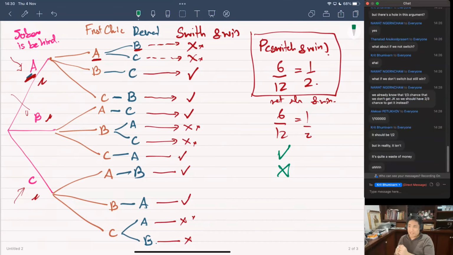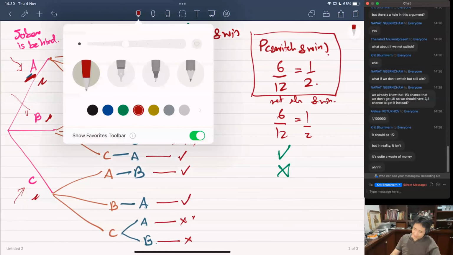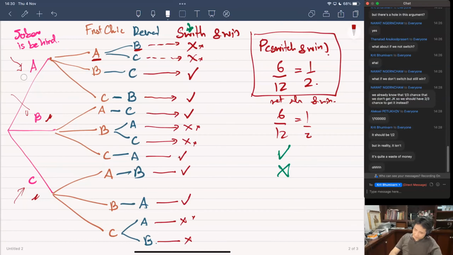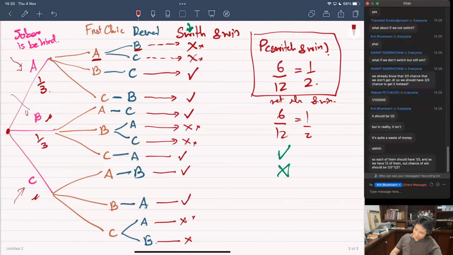Okay. So for each of the outcomes, we're going to call this the outcome, right? That is the associated probabilities. And let's do that together. Let's calculate the associated probabilities. Okay, so let's say I hide this. It actually doesn't matter for this number. I hide this. There's a 1/3 chance that I'm going to hide it under A, a third chance I'm going to hide it under B, and a third chance I'm going to hide it under C. Okay, so that's good.